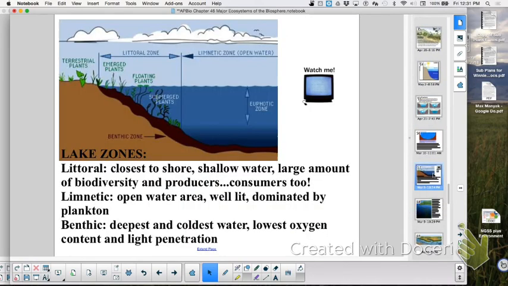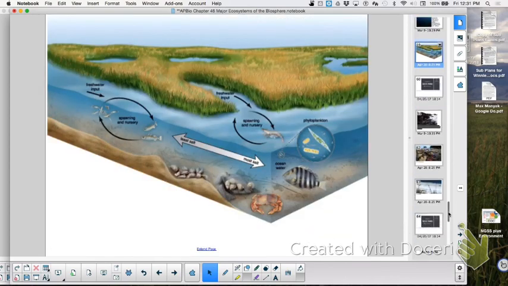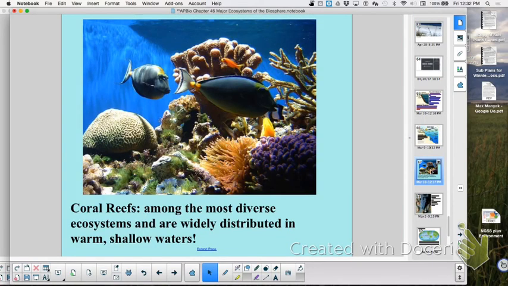Then again, we talked about, and again, you don't have to know all the terms, but benthic would be at the bottom. We talked about littoral as well, pelagic is open ocean, and the importance of estuaries again. And then we talked about the importance of coral reefs. Were there questions I skipped you want to do, or are you good?